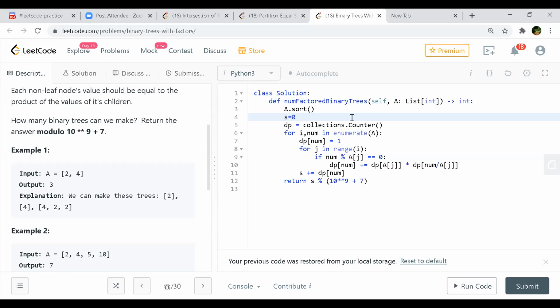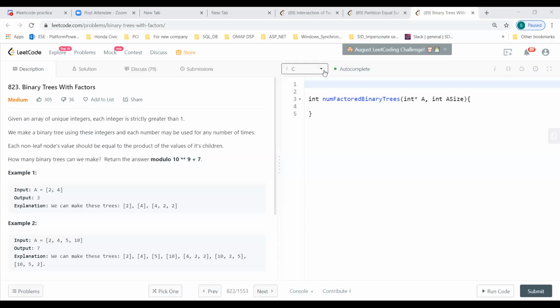I have an approach for what you are talking about, which has a hash map as well as sorting. The reason why that DP, okay, I'll just share it. I think the sorting is helping in that second loop only. We are not traversing the entire array. We are just traversing from 0 to i.